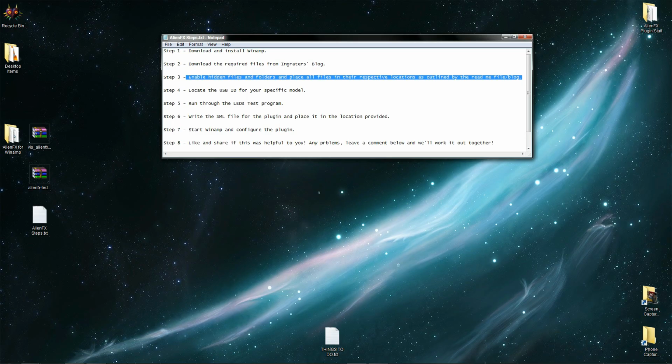Now your next step, after you've enabled hidden files and folders and placed everything where they belong, is now you need to locate the USB ID for your specific model. In my case, it's an Alienware 14. In order to do that,